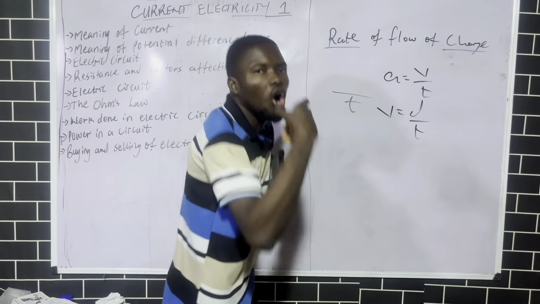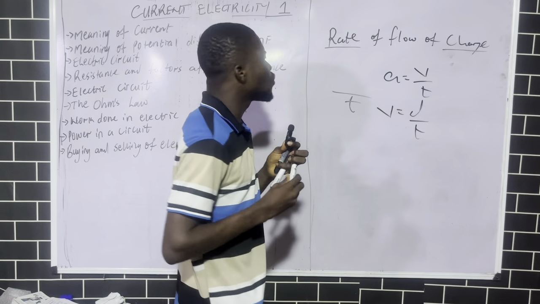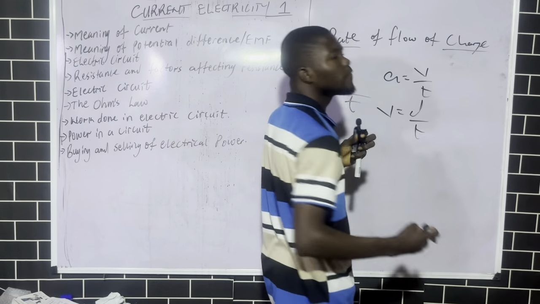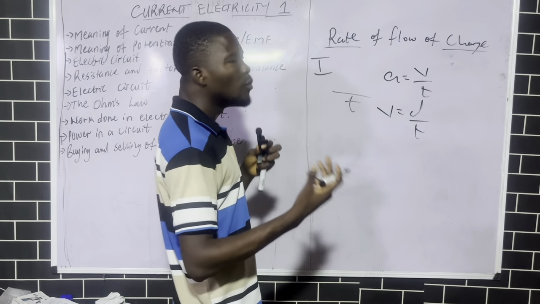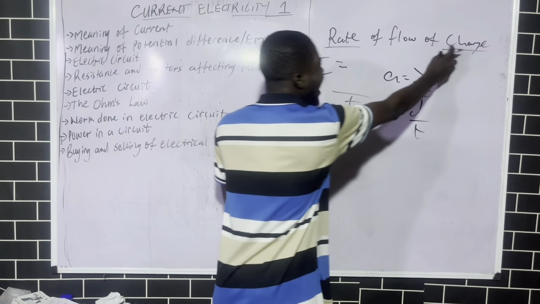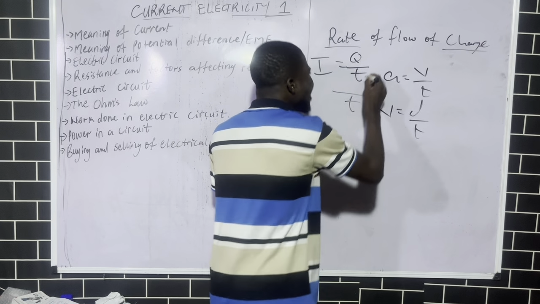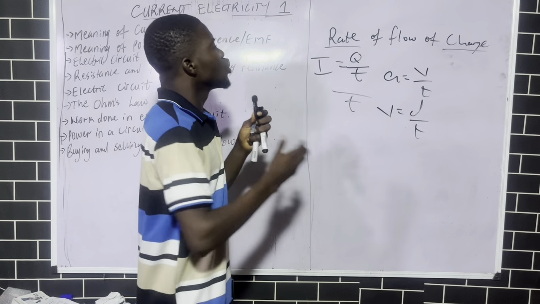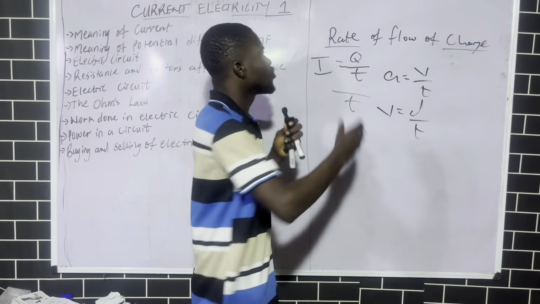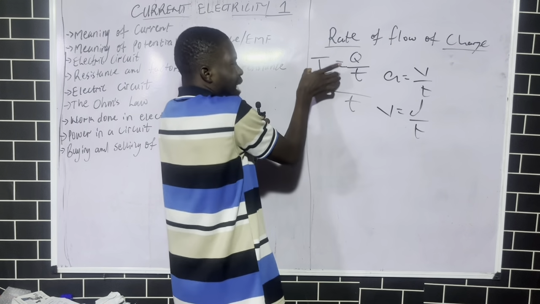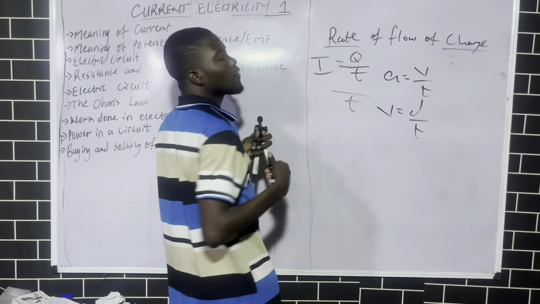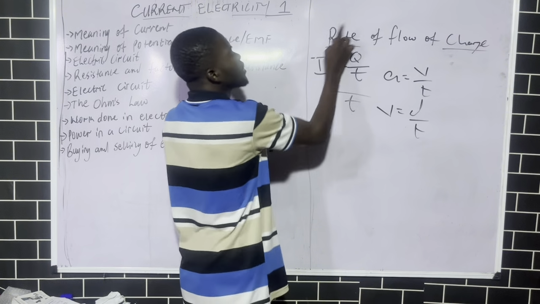So when we say current, the current is represented with I. The symbol I is what we use to represent current. From this definition, for most definitions, you can get your formula for most things. So mathematically, current I is equal to charge Q over time. Are you seeing it now? So rate of flow of charge, because the charges are flowing, that's why we call it current. They are not at rest. So rate of flow of charge with time. So current I is equal to charge Q over time. From this definition we got the formula for current. And it is also from this place we got the formula for